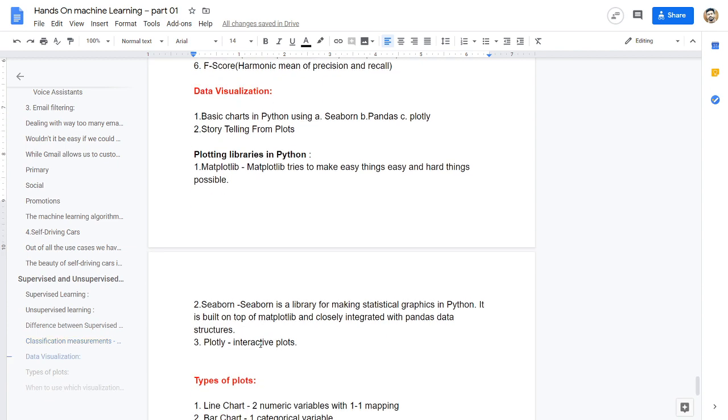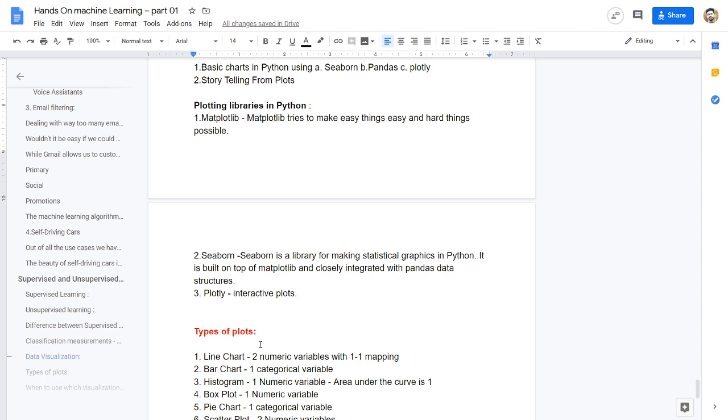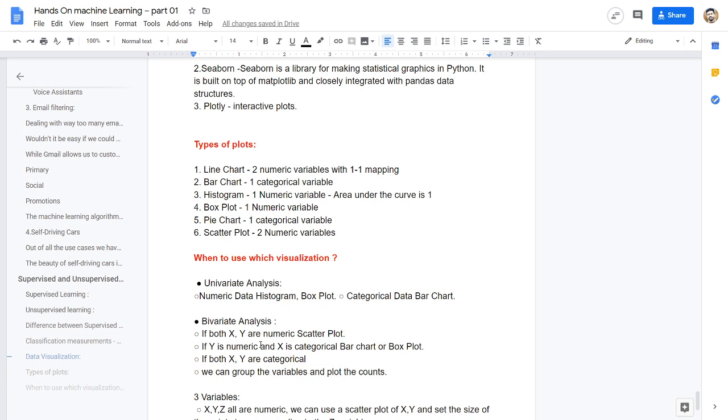Seaborn is a library that helps you build statistical graphics in Python. Seaborn is always on top of matplotlib, and Plotly is another one. Using all these libraries we can build our visualizations. We are not talking about just a graph; we are talking about statistical graphs, which can give you the percentage and a clear picture and idea